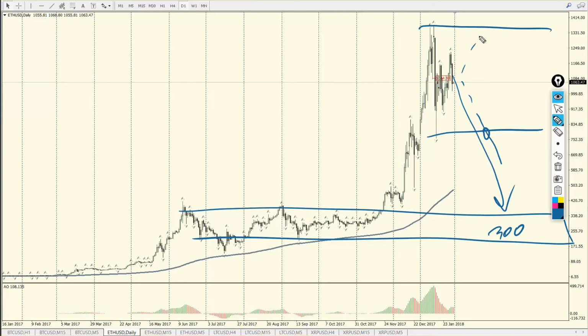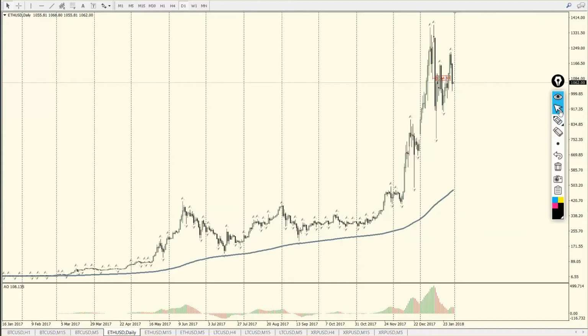On the other side, if we break through this reference point, we'll have a completely new force to go up with Ethereum and it could reach $1,800 and even $2,000 per Ethereum. But as long as we're between those two reference points, we're in a flat phase and we're moving nowhere.